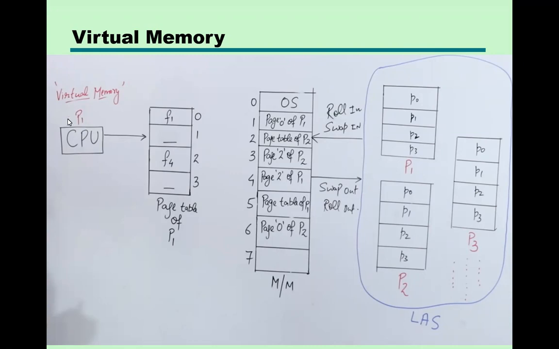So to match their speed, we have to copy the required process pages into the main memory. There is a big difference between CPU speed and hard disk speed, right? It is a big difference. That's why we have to copy the respective pages into the main memory. This is the first reason for virtual memory, that we copy the required pages from the hard disk into